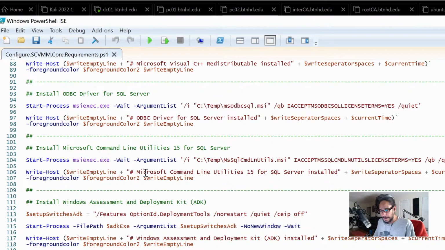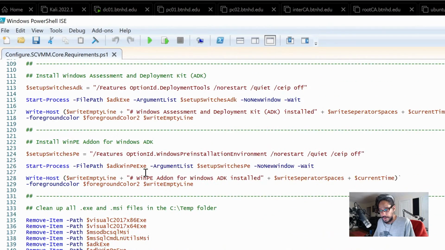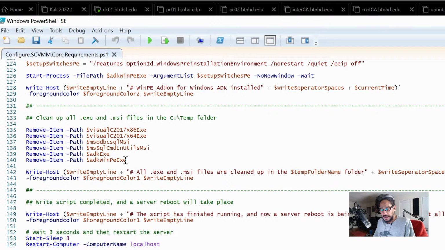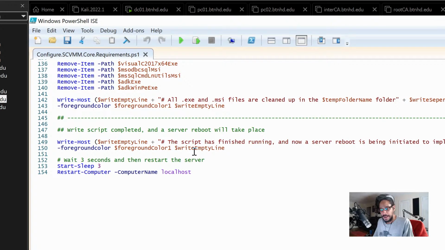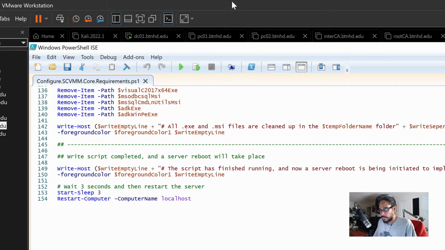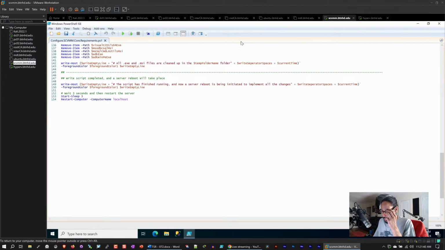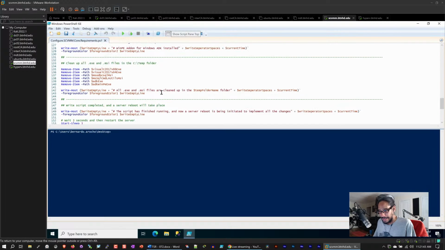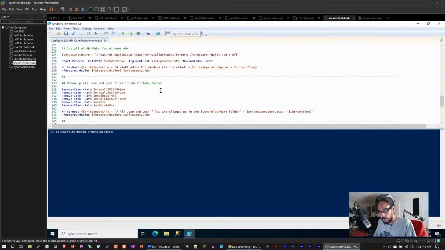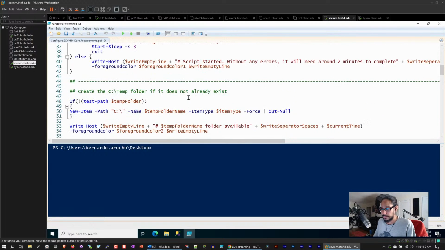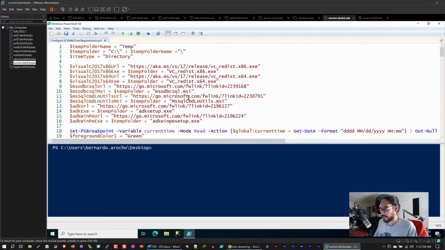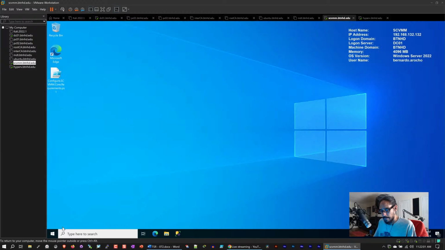But this is a PowerShell script. It's really, really good, right? Once everything is done, it actually cleans everything up. It removes all the exe files from the temp folder, waits around a couple of seconds, and then it reboots the server, and then you're good to go. Now, I'm going to manually reboot. I will provide the PowerShell script for you guys at my repo. It kind of sucks, I don't recall who did the PowerShell script to give them credit. I'm not going to say I did this PowerShell script because this is well detailed and it's nice. So we're going to close. We're going to do a reboot